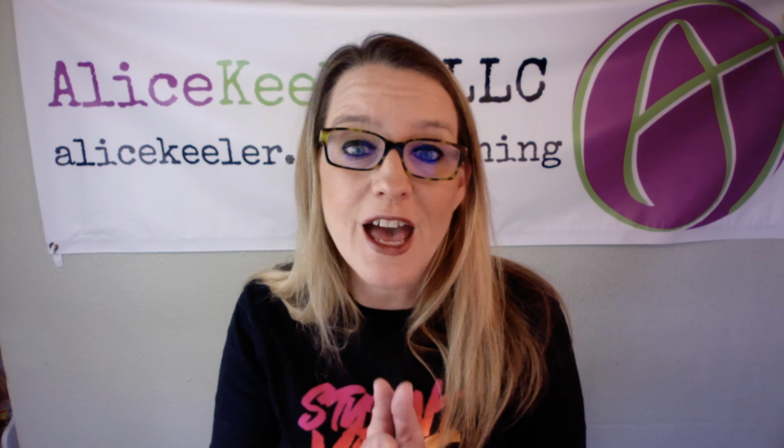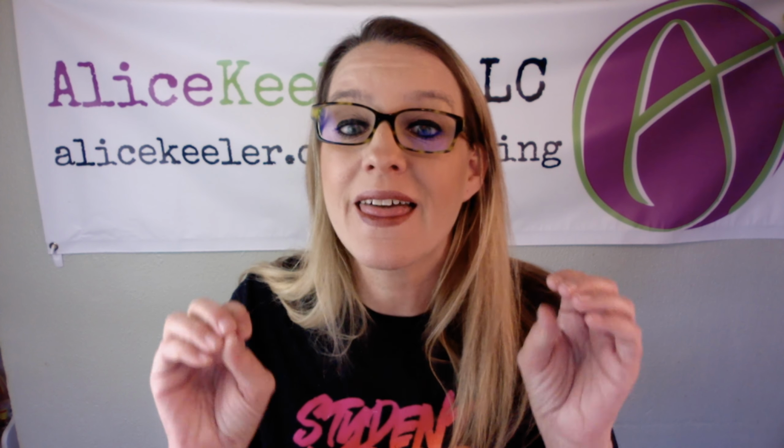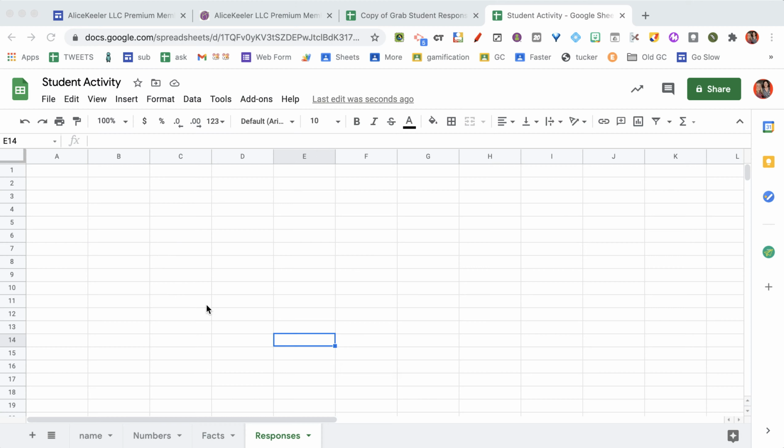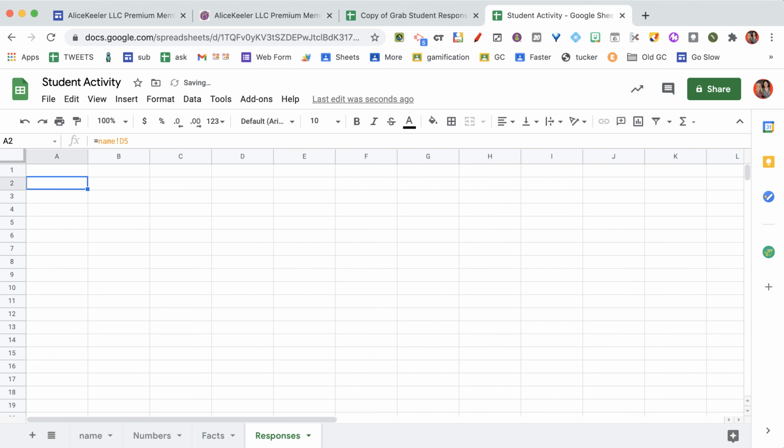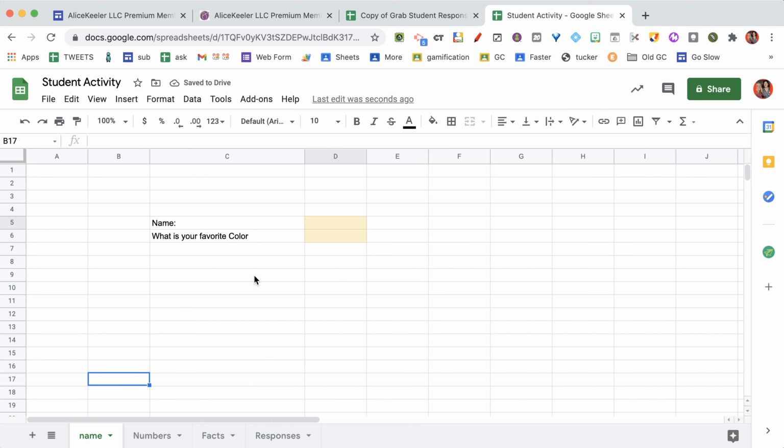Now, the formula that you're going to use is the equal sign. Seriously, it's just the equal sign. So what I'm going to do is I'm just going to press equals right here, type in equals, and then I click on the first sheet, and they would put their name in this cell. So do you see how I just click on the yellow cell, the yellow box, and I push enter, and it's like, Alice, nothing happened. That's true. So let's go ahead and fill some stuff in,